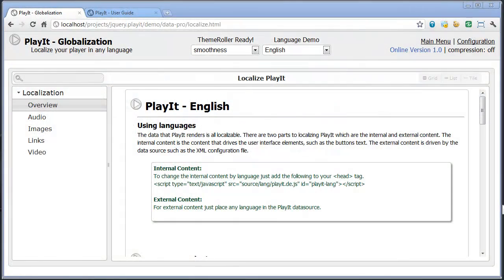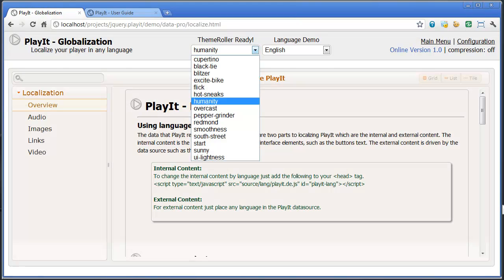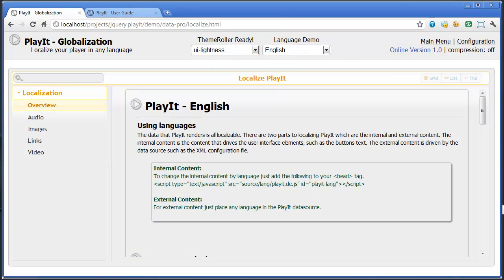In this video series, we're going to be running through how to stylize or change the themability of your PlayIt control, and we're also going to be looking at localization, how you can change the language of the various pieces of PlayIt. So to get started, let's look at the theme roller ready drop-down box up here, and as we change this, we're going to see that it automatically changes the theme to whatever the